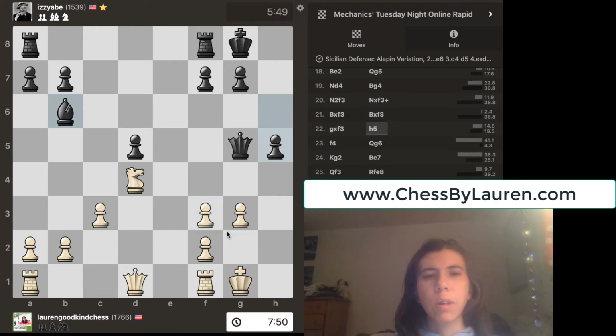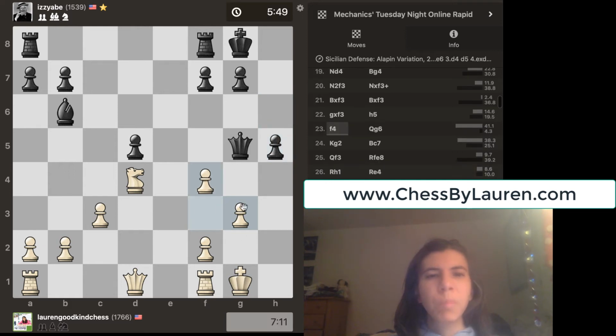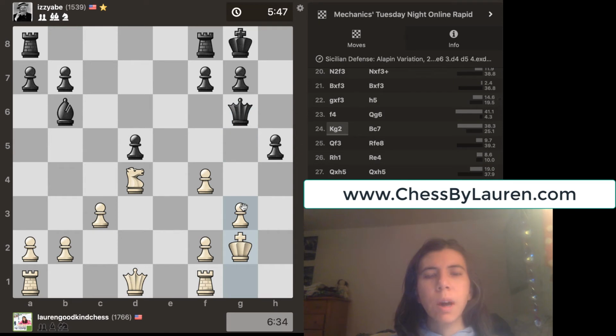He went there, and now I have to be careful right now because he is threatening to go pawn to h4, and this pawn is pinned. See, the queen, pawn, and king, they're on the same line. So I go there, and then in this position, I move up,